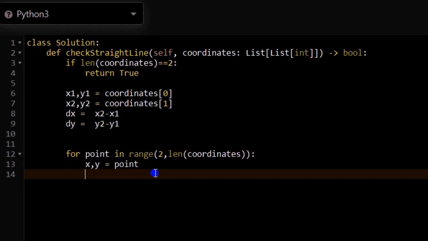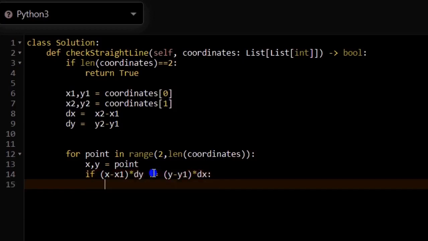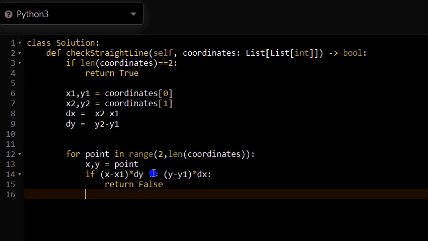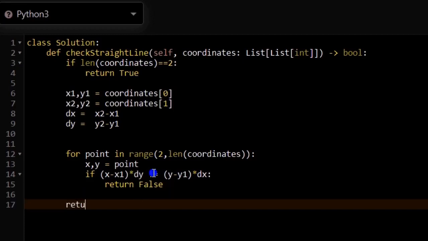Now we will apply our condition: if x minus x1 into dy is not equal to y minus y1 into dx, at any point, we will return false. If this condition is satisfied for all the points, then we will return true. So after the for loop we will return true.